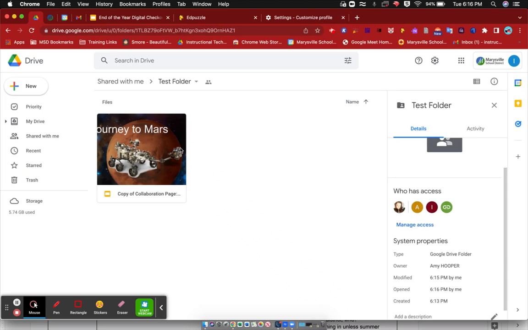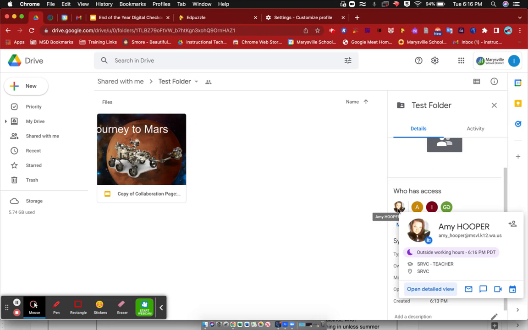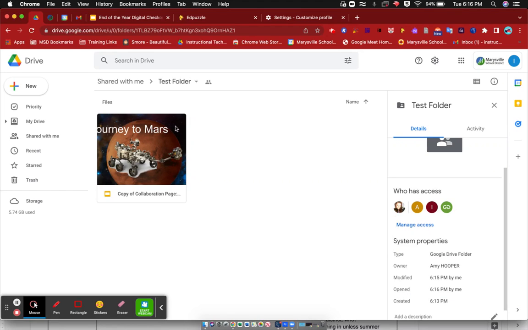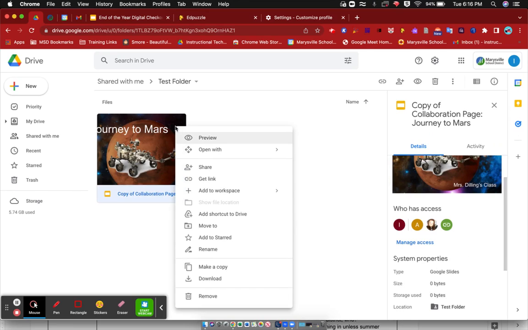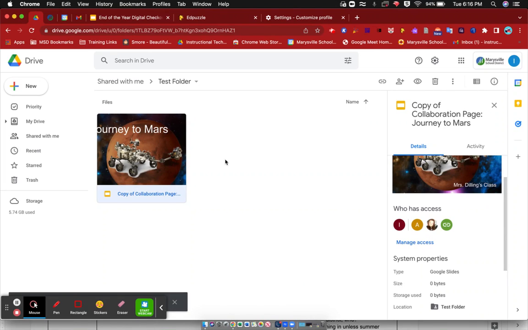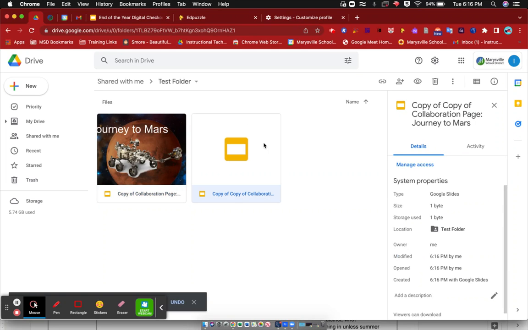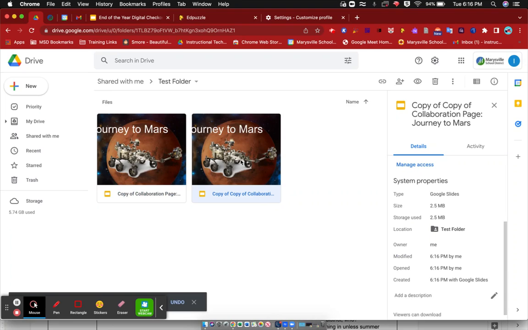Open it up. Now, it is my project, but the person who owns the folder is my work one. So in order to keep ownership of it, it does say already copy, I may want to make a copy in order for myself to hang on to a version of it that is owned by